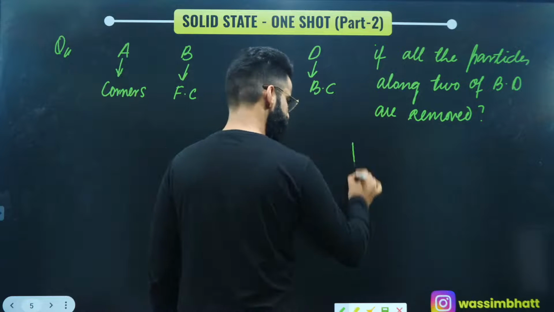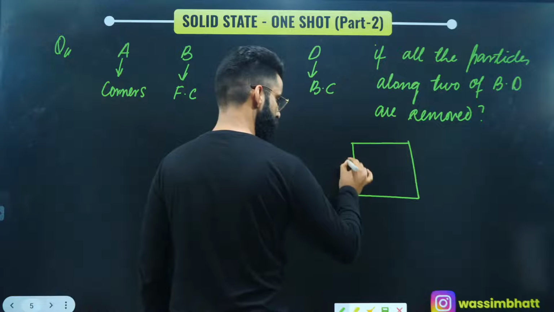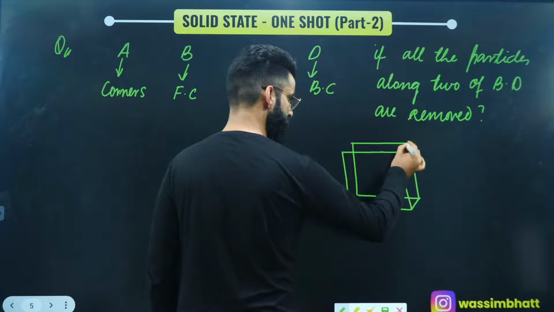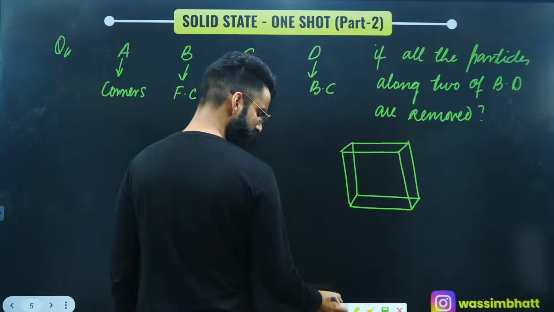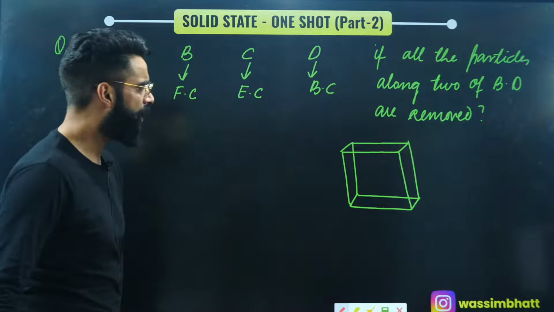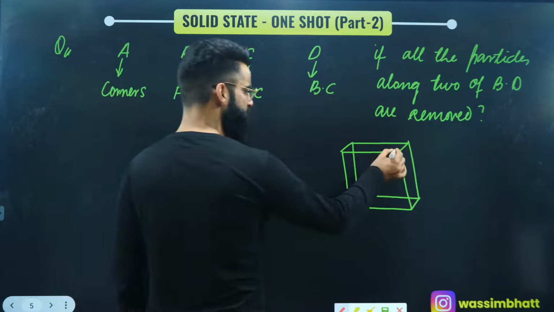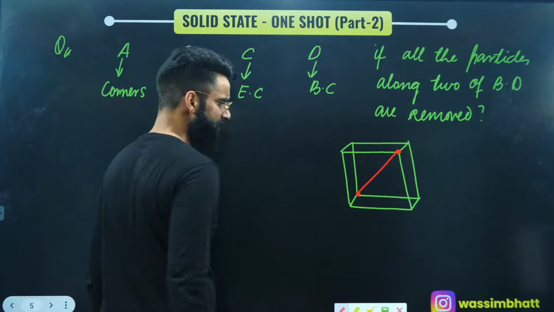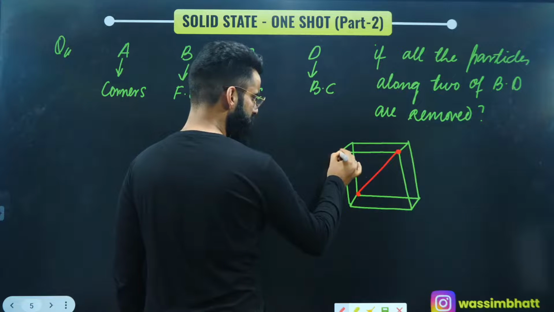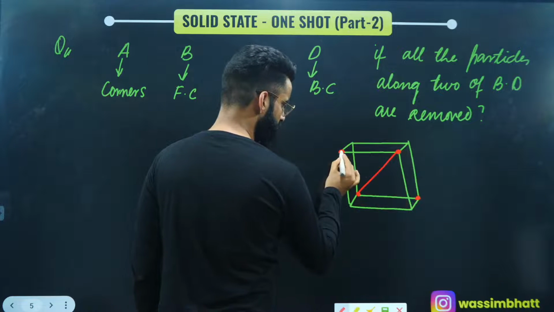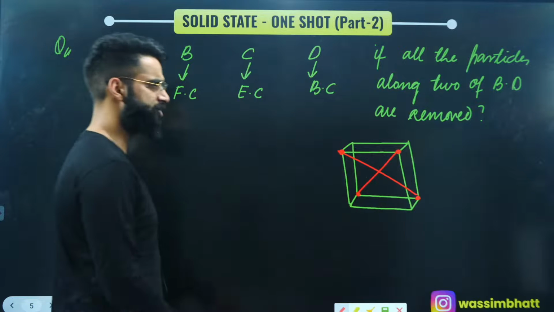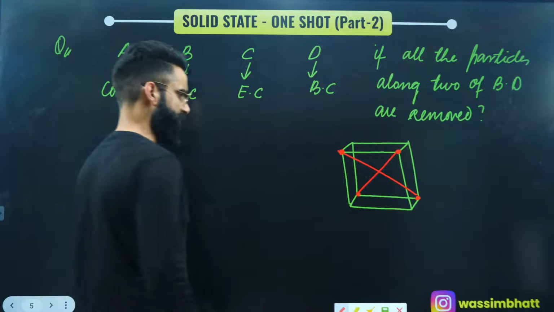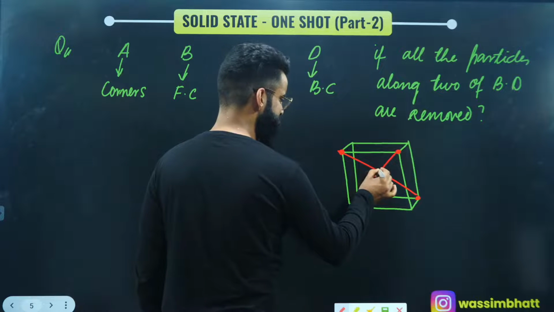First of all, if I make a cube over here, this is the cube which I'm making, right? Let me take two of the body diagonals of the cube. Let me join this corner with this corner. So this is one of the body diagonals. Let me join this corner with this corner. So it's going to be one more body diagonal. These are the two body diagonals which I have chosen, right? These two body diagonals will be touching somewhere here at the center, which is what we call the